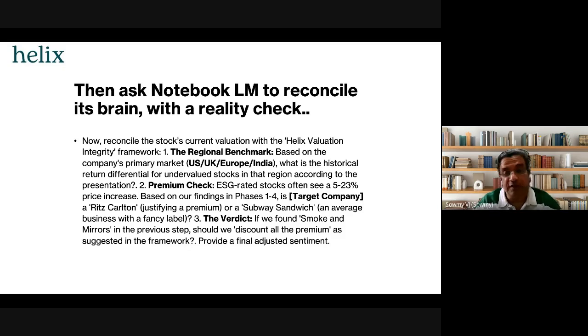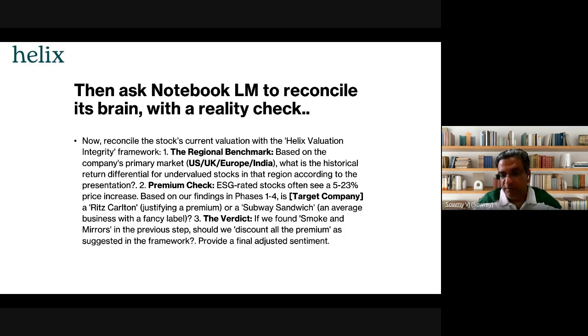I can get more of those cookies. And then the people there are telling me, okay, even if I'm checking out right now, I can still have my breakfast. It feels like home. It feels a little bit like you went to your parents' place, and mom says, don't go on an empty stomach, carry something on your way. It's that sort of feeling, right? So you might still want to pay a certain part of the premium, if that premium is justified, right? This is exactly what we are asking Notebook LM to do with this particular prompt.